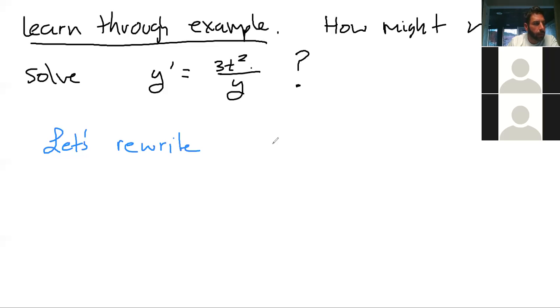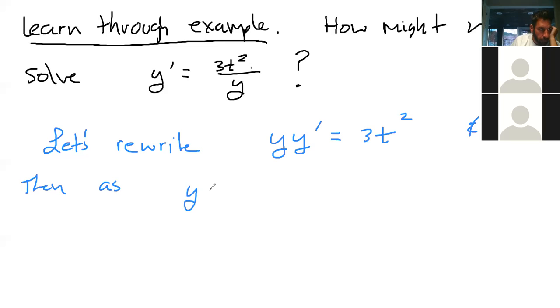So let's rewrite this as y times y prime equals 3t squared. And then I'm going to write it even more descriptive. I'm going to write it as y times dy/dt equals 3t squared. Now,